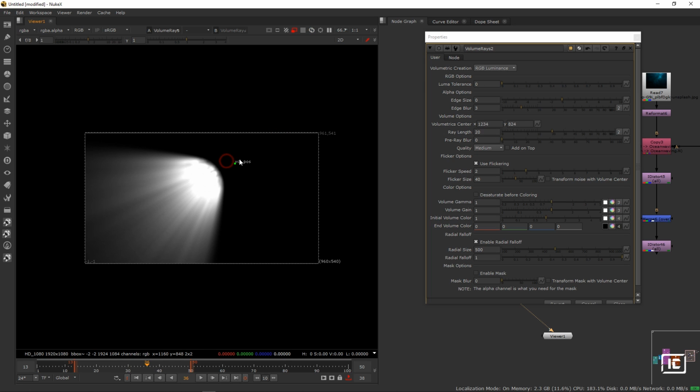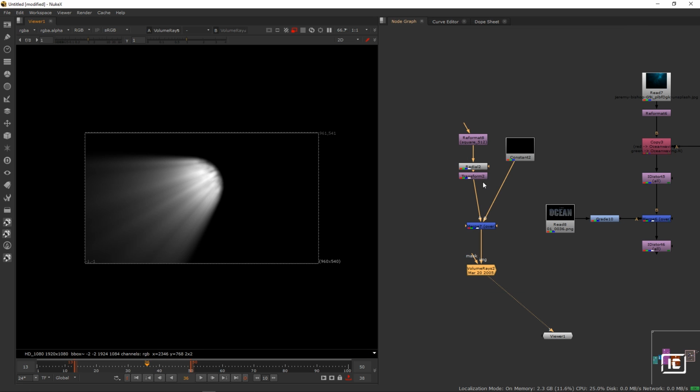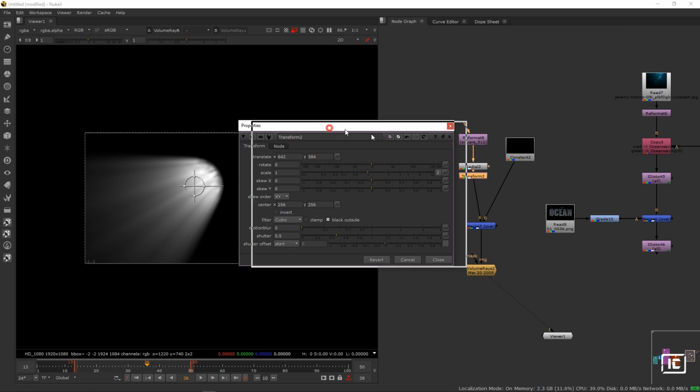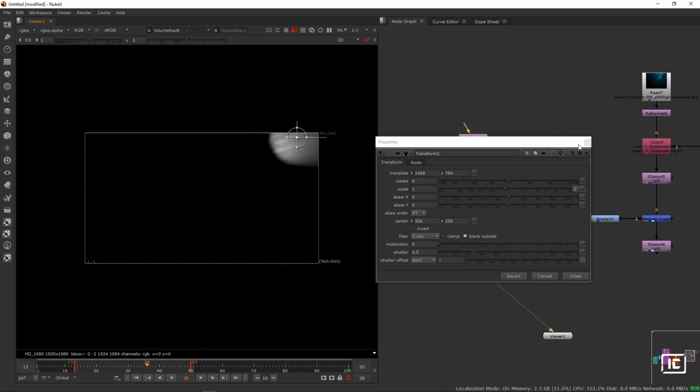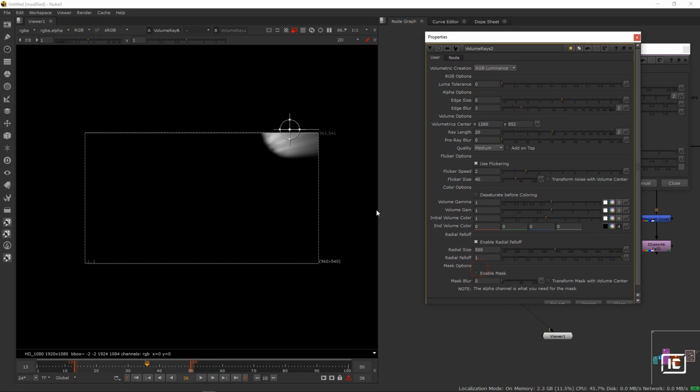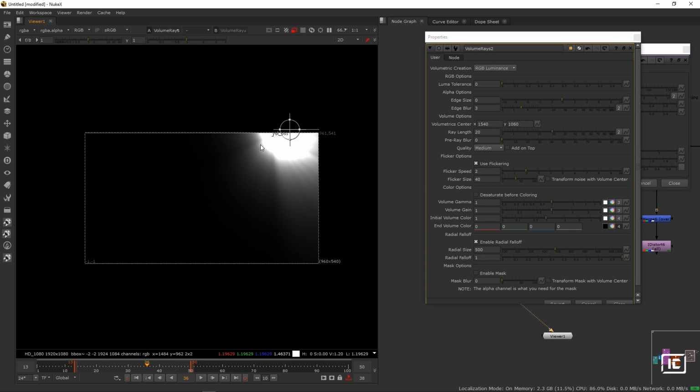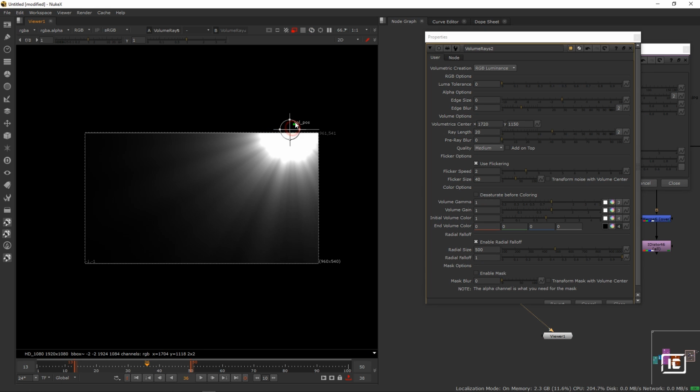Alright, there we go. So now we have volume raise. It's quite simple creating all these effects, and I really hope you guys are enjoying what I'm showing right now. So now we have a transform node, which really helps us to change the positions of our volume raise. So I'm just gonna bring it here, about here. Alright, and let's go to our volume raise. There we go. Just gonna bring it here,